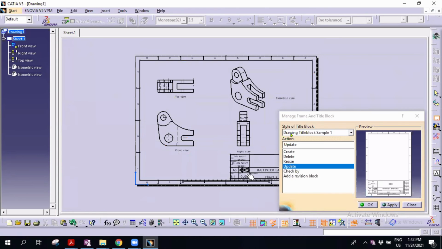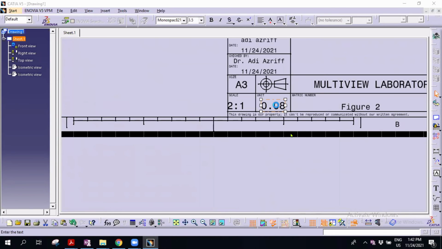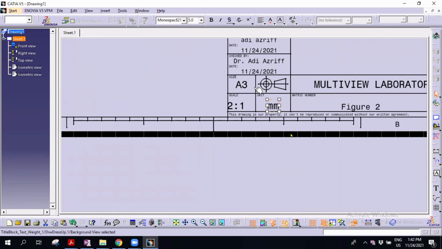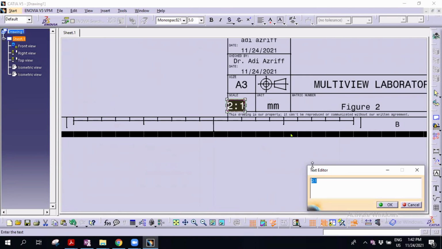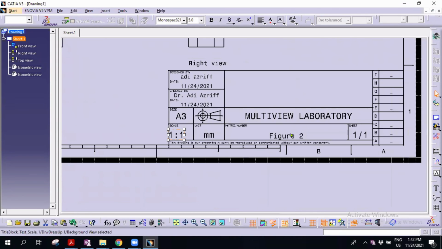It will automatically change to third angle projection. In terms of unit, for example, if the dimension is in mm, you put mm again, just edit. And the scale should be 1:1. If you didn't change this one, it means that you have made some mistakes, so you need to edit it again.